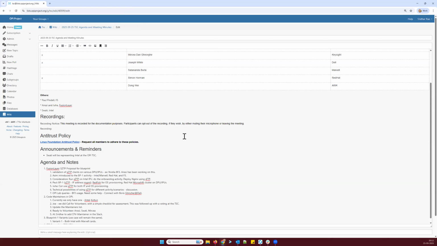Also, sorry for the maybe off topic, but in the first topic, section 3, I think that talk was about deploying the Nginx using a ZTP, not a FTP. Just a small correction, but if somebody reads this later, they are going to be like, "What?" Yeah, maybe I'm using too much of TPs now. Thank you. Small but important correction. Yeah. Correct. No, that's big. Okay, I think we're good.